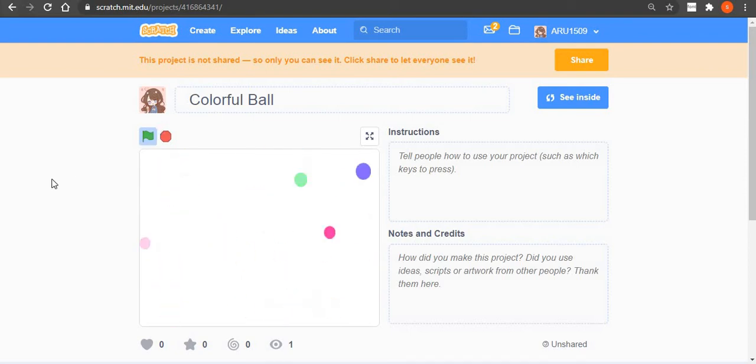Hello friends, so today I'm gonna show you how to make colorful balls which gonna look like this. So let's start with coding. Create,